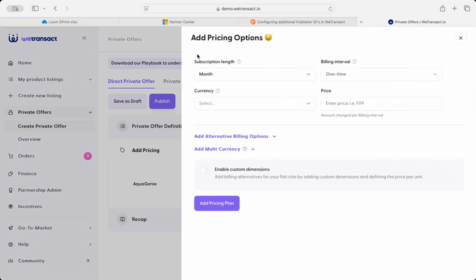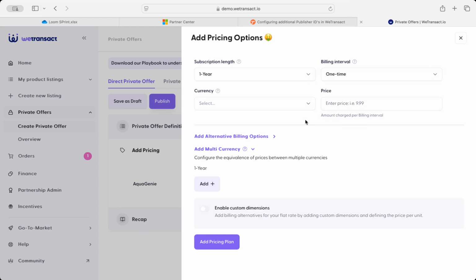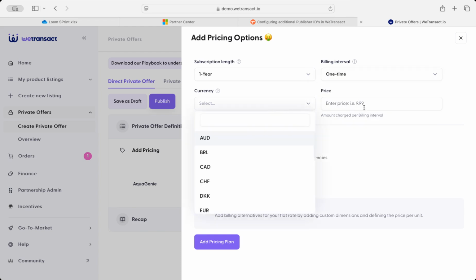We get to select the subscription length, the billing interval. So let's say 1 year. Is it one time or per month? And then we have the currency and finally the price. So let's say